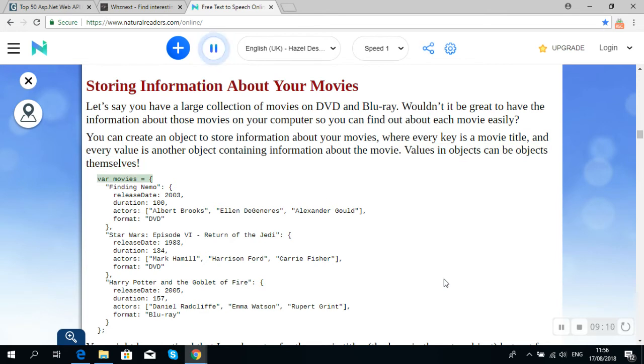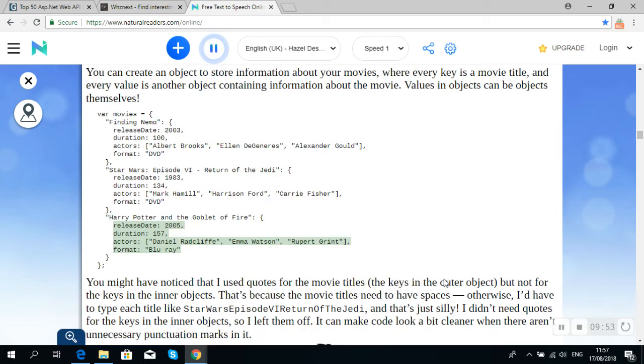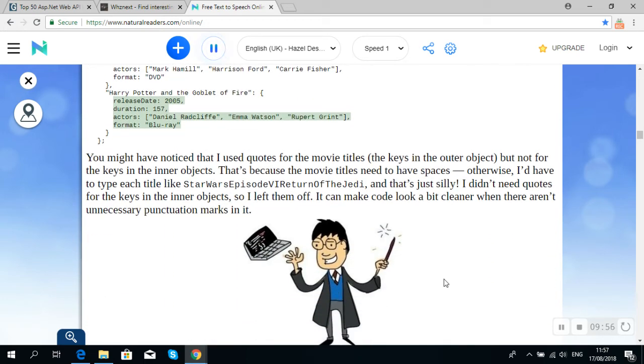var movies = { "Finding Nemo": { releaseDate: 2003, duration: 100, actors: ["Albert Brooks", "Ellen DeGeneres", "Alexander Gould"], format: "DVD" }, "Star Wars Episode 6: Return of the Jedi": { releaseDate: 1983, duration: 134, actors: ["Mark Hamill", "Harrison Ford", "Carrie Fisher"], format: "DVD" }, "Harry Potter and the Goblet of Fire": { releaseDate: 2005, duration: 157, actors: ["Daniel Radcliffe", "Emma Watson", "Rupert Grint"], format: "Blu-ray" } };